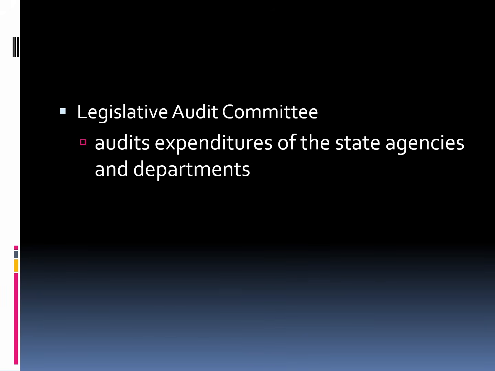What they're going to be doing is checking whether all of the expenditures are legal expenditures, because there are some things a state agency cannot really spend money on, such as alcohol. You can't spend money on any kind of alcohol in any of your functions, even if it's a university function. So the Legislative Audit Committee will come in on a cycle as well, and they will audit all of the expenditures, because you cannot use certain types of money for certain things in the state of Texas.